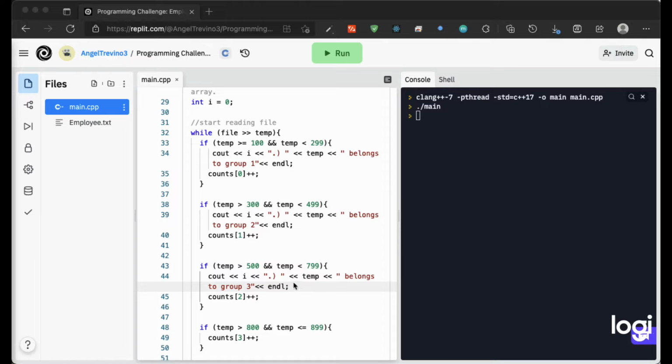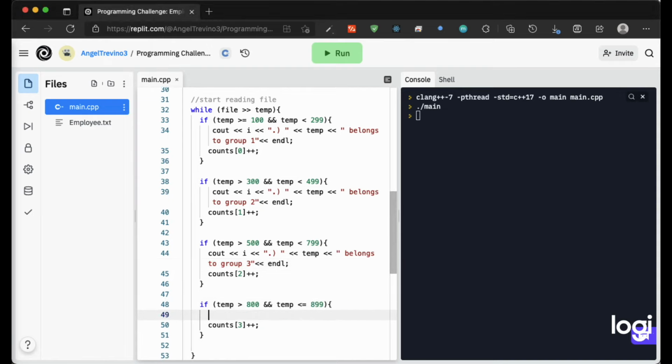Same thing for the third one. So my counter, what I read belongs to group number 3. And we'll do the same thing for the last one. This one should belong to group number 4. So if I run it now,